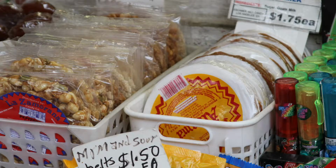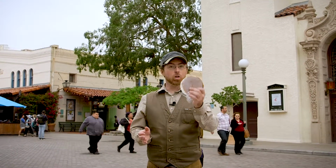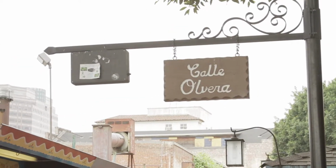They're called obleas. It's this sweet little wafer roundness of joy that the only other place I found them was in Colombia. And they sell them here. You can get them the big ones, or you can get them really small. But what I really love about Olvera Street is reading all the signs that tell us about what the buildings